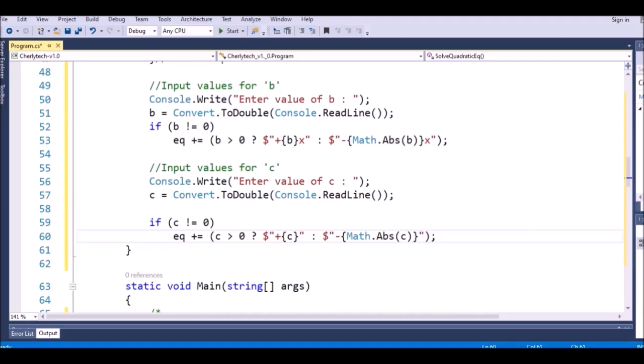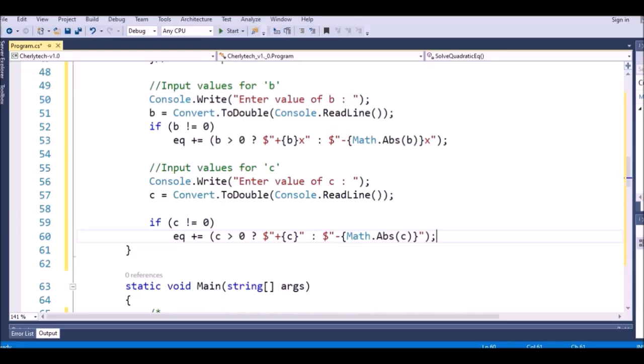This means that when we consider whether c is 0 or not, right? When it's not 0, it should be greater than 0 or less than 0. So when greater, we just plus c, but when less than 0, we have to put the sign of minus. So we will do this,